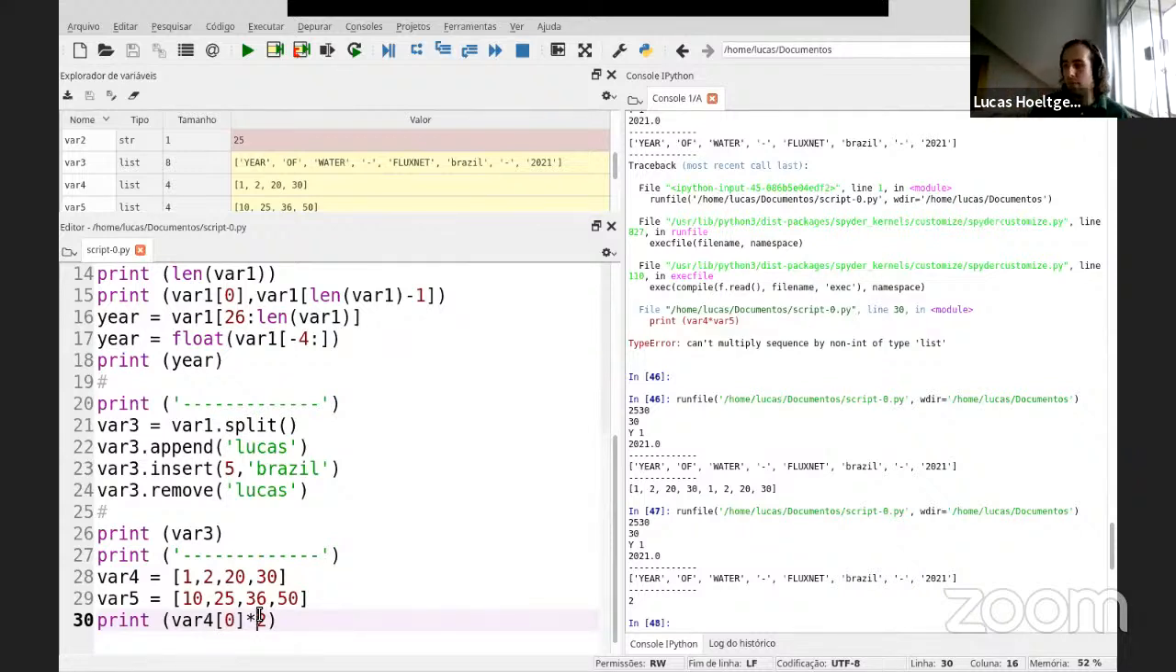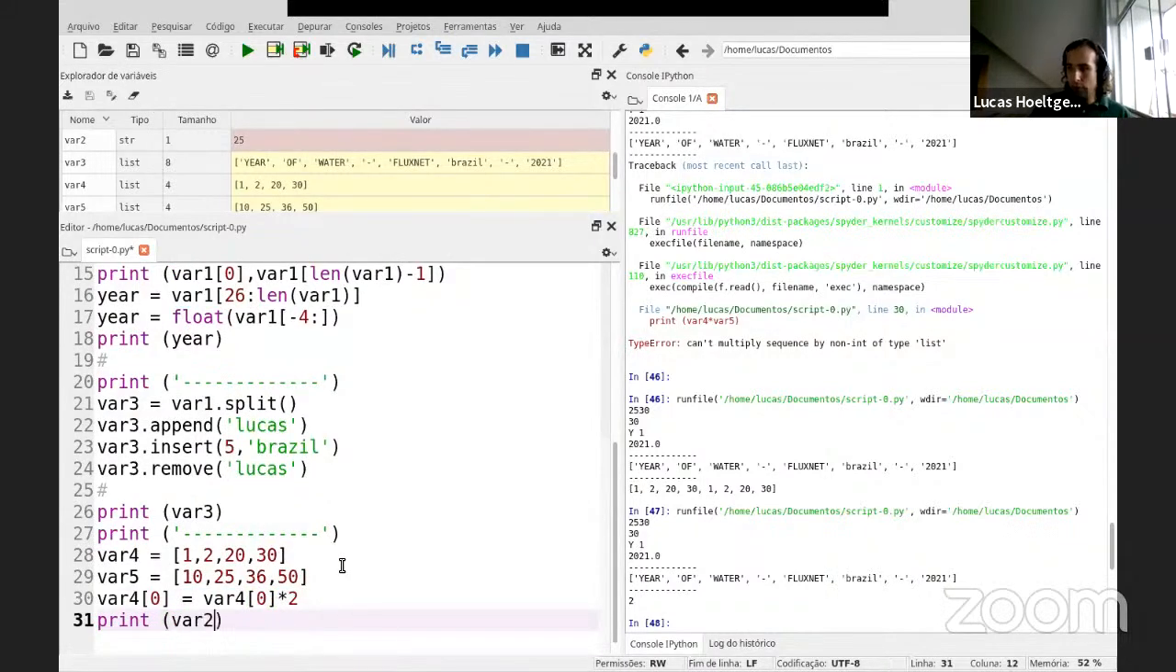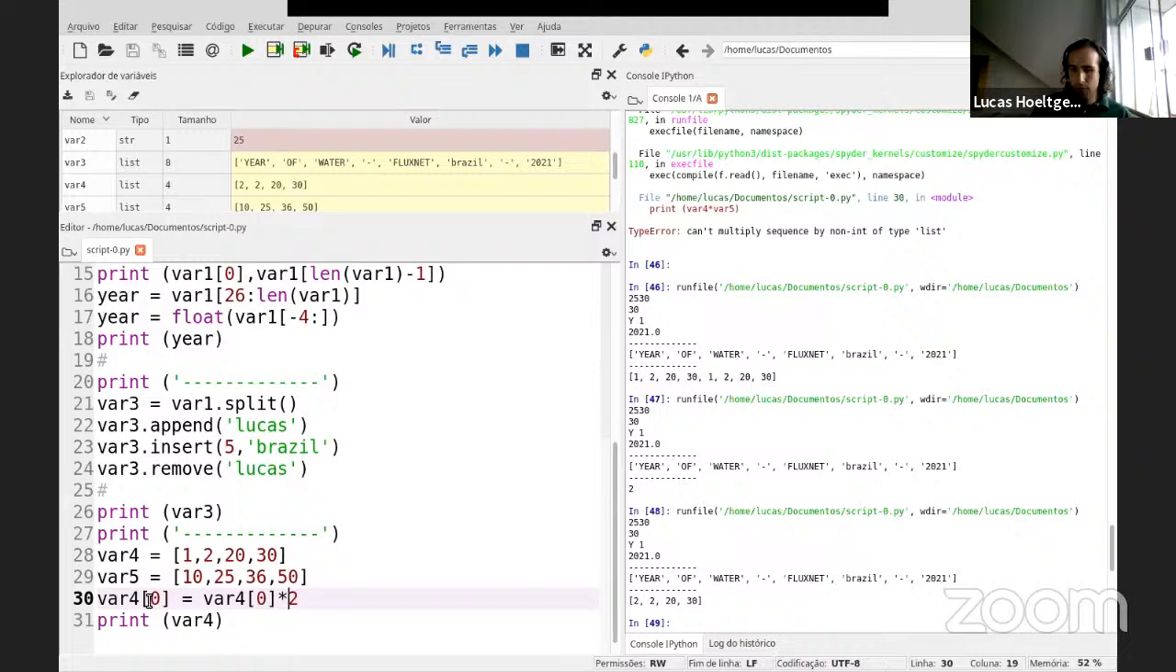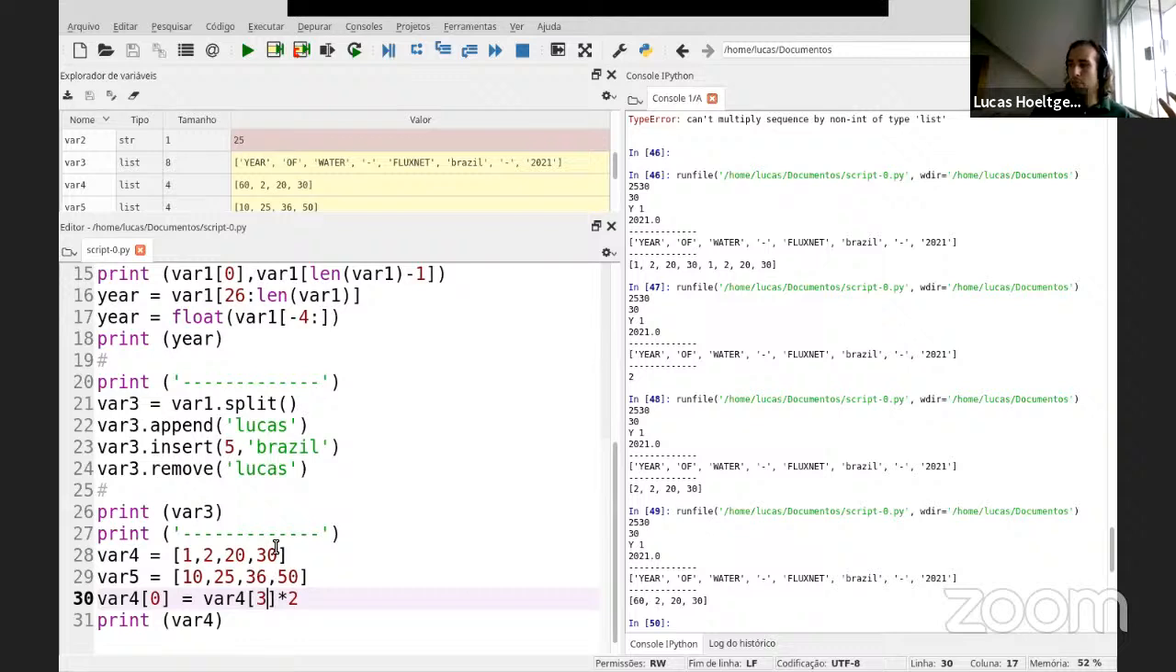And I can replace this value, for example. I can do variable these positions. So now I change it. I can do it with another position. I can do it with this position. So I change the position. I call this position, multiply it by 2, and attribute it to position 0. So now,